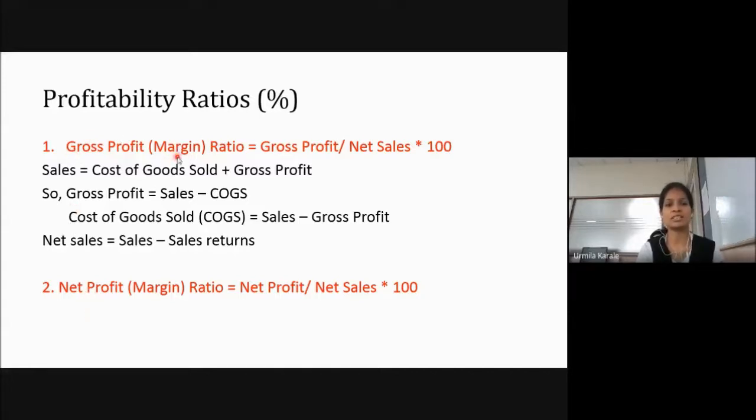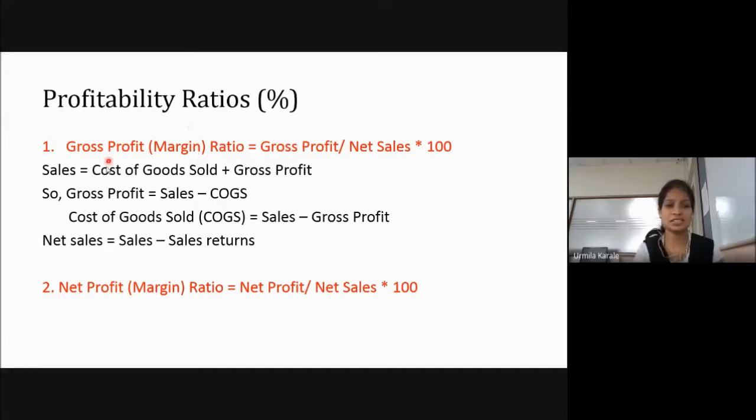It is also called a margin. Okay, gross profit margin or net profit margin. Why is it so? Margin means the money against which you will be adjusting something, right? So when we say gross profit margin, it means out of, suppose, 10 lakh sales, 1 lakh is the gross profit, which in percentage is 10%. Now this 10% gross profit is again used for paying off the remaining expenses, operating expenses, then interest expenses and other expenses. So this is just a margin we are talking about. How much is the margin of gross profit.